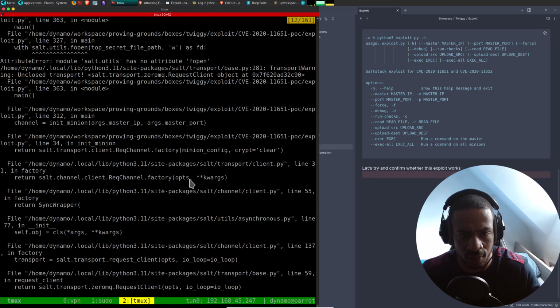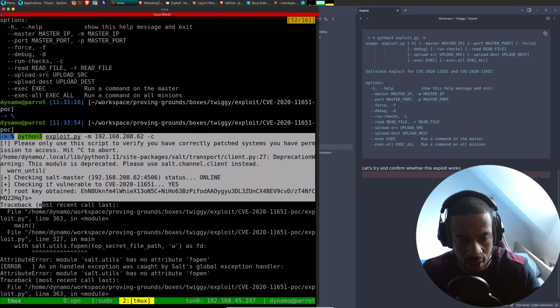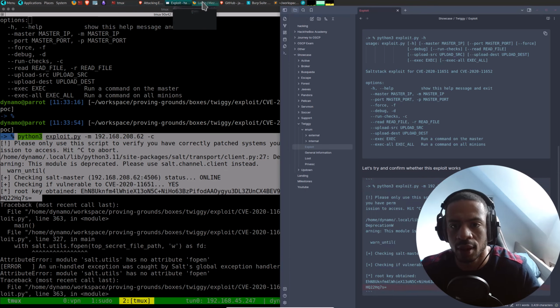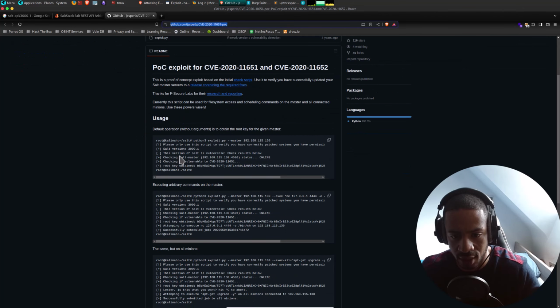This is not very nice, but something does happen here. We do get a root key. Okay, is this normal? Let's go back here to where it explains. Master online, and it will give me a root key.